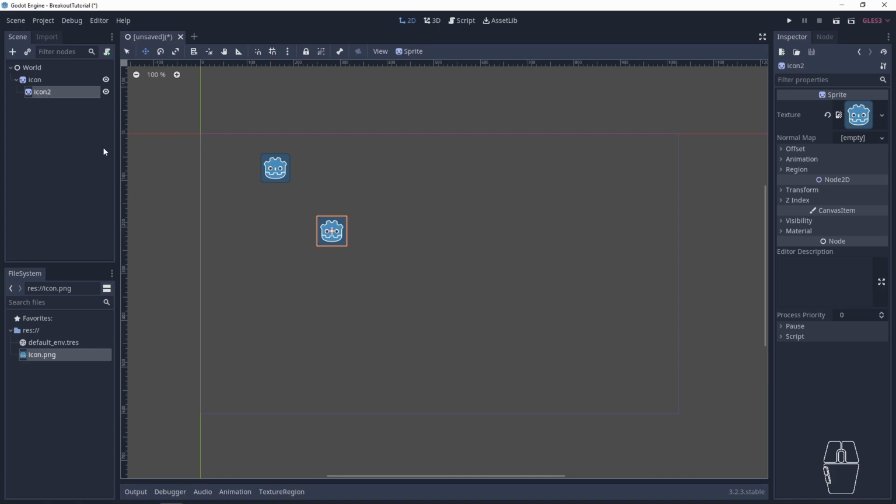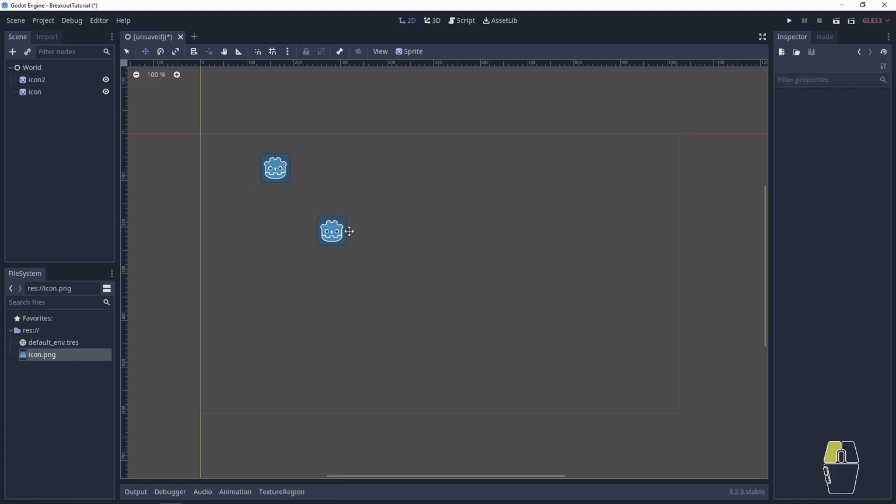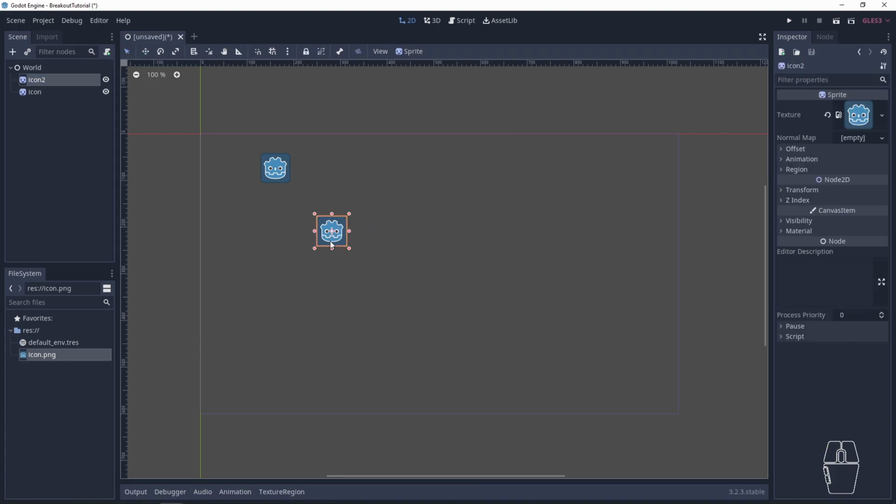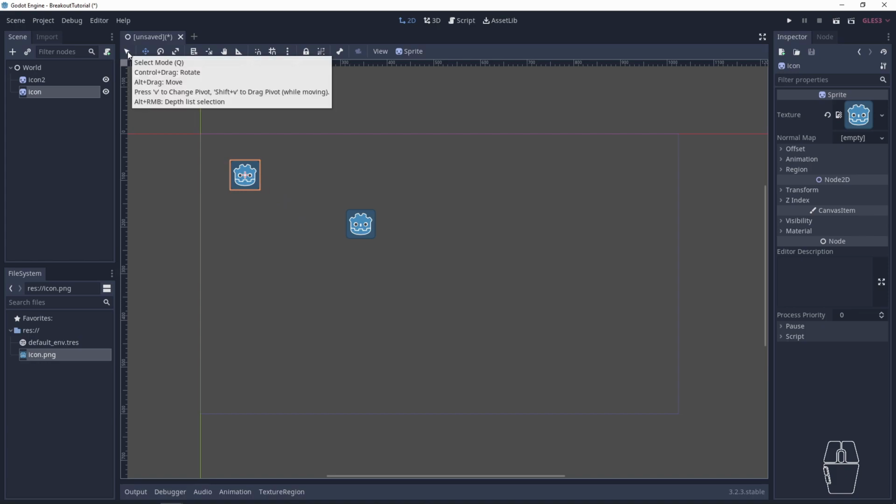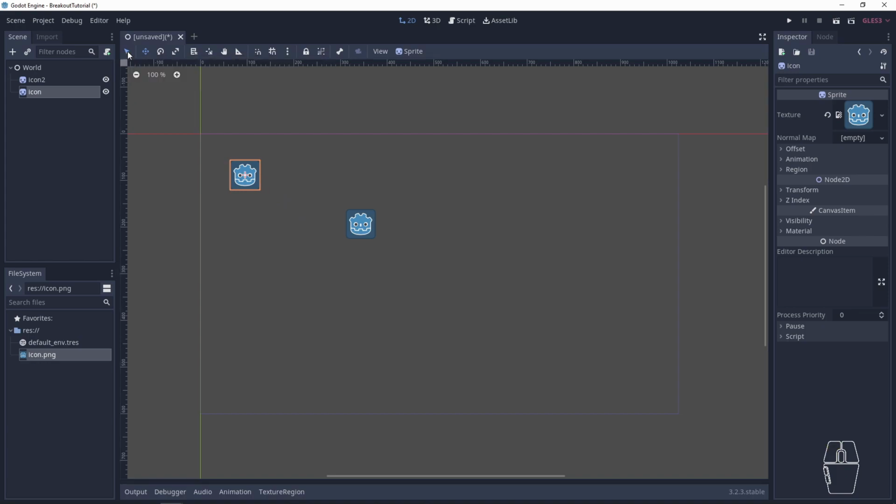Basically, you move the parent, you move the children. You move the child, but you don't move the parent. I can reposition that by clicking and dragging and putting it under world. So basically now they are both children of the world node. And if you're wondering what I'm doing, here you have some options to select things, to move things around,